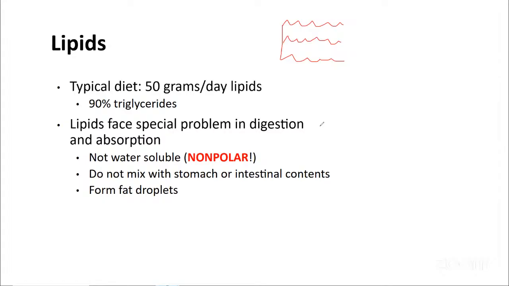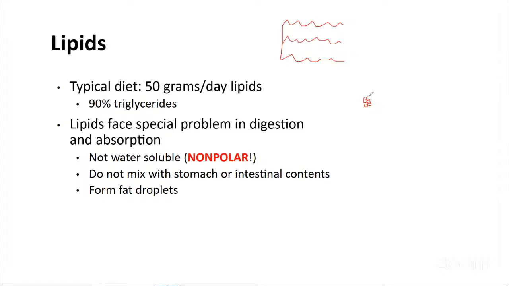So we've got this problem because those fatty acid chains here are just made up of carbon, hydrogen over and over again, nonpolar, don't mix well in water, not water soluble. Okay. So they're not going to mix in to our chyme the same way. They're going to form like fat globs, right? Same thing's going to be happening as they move into the intestine. So we've got these basically droplets where we have all of those little lipids grouping together in a big ball,